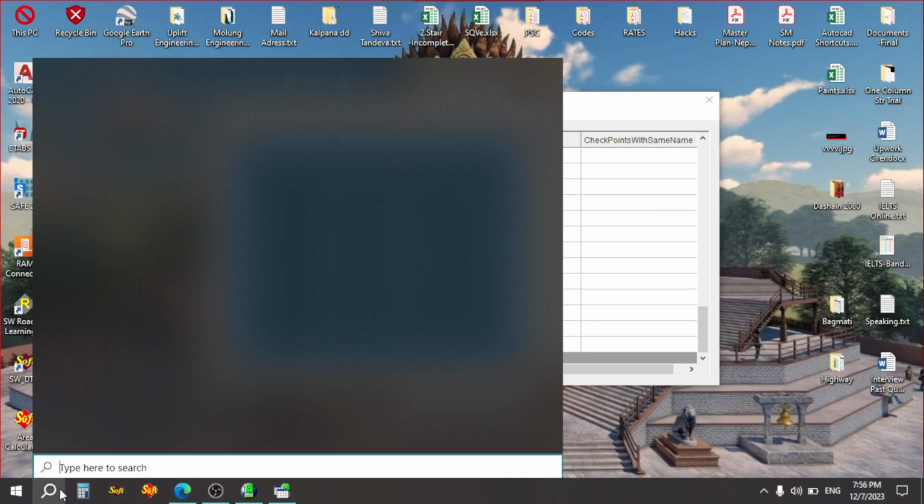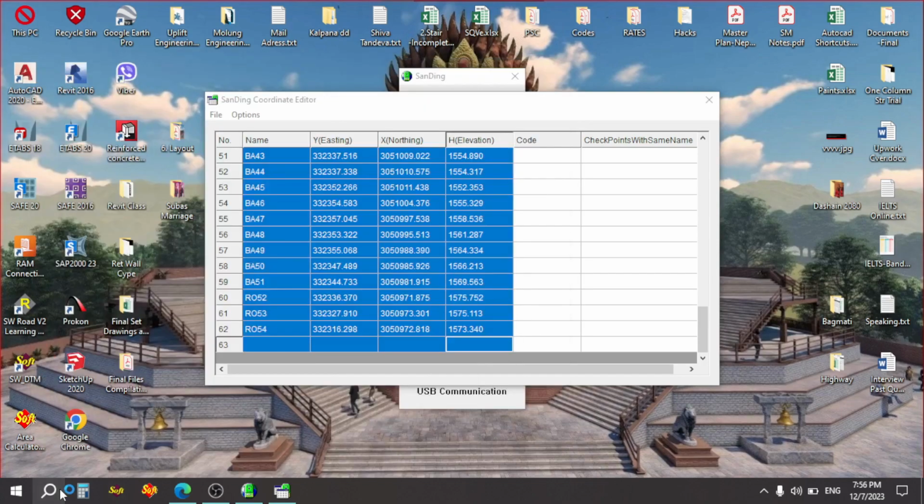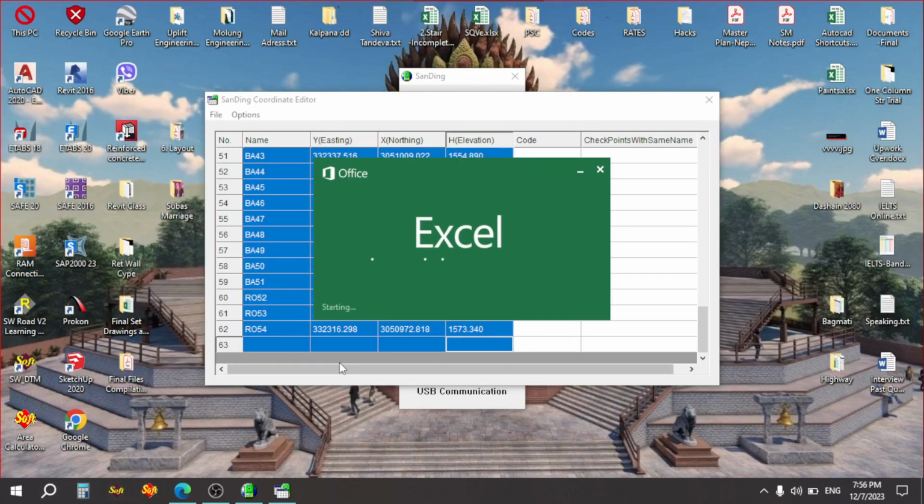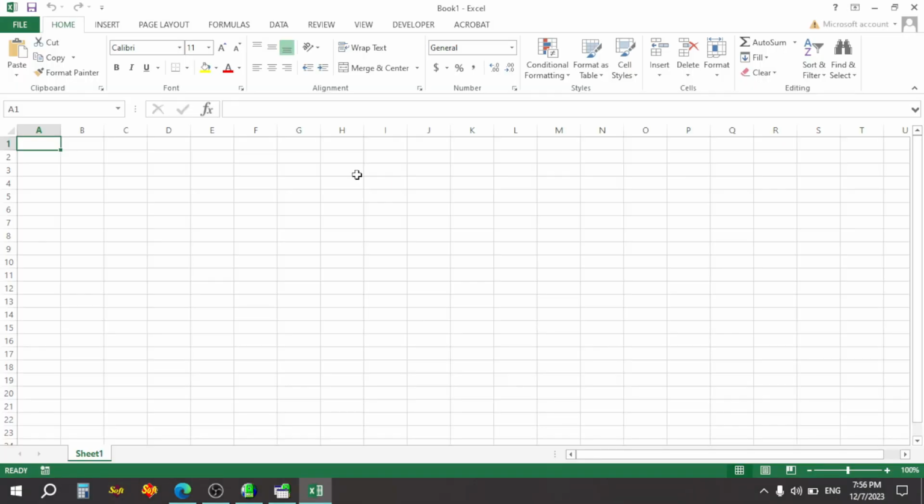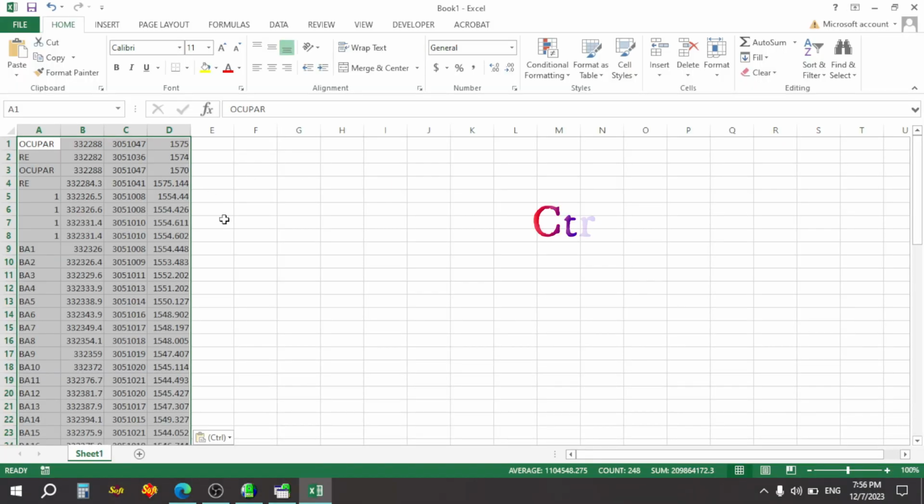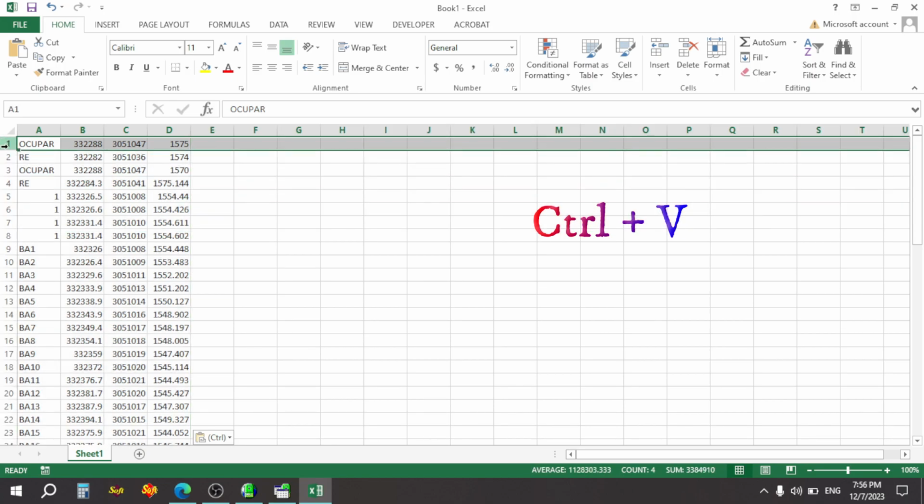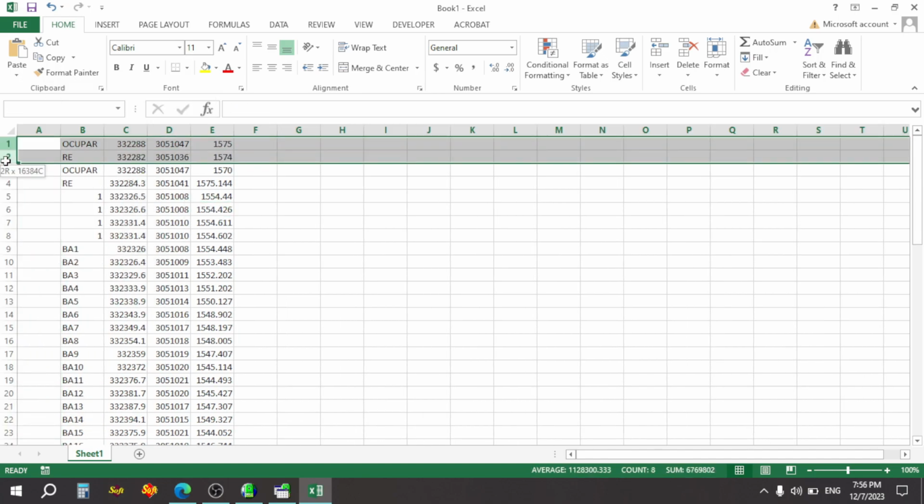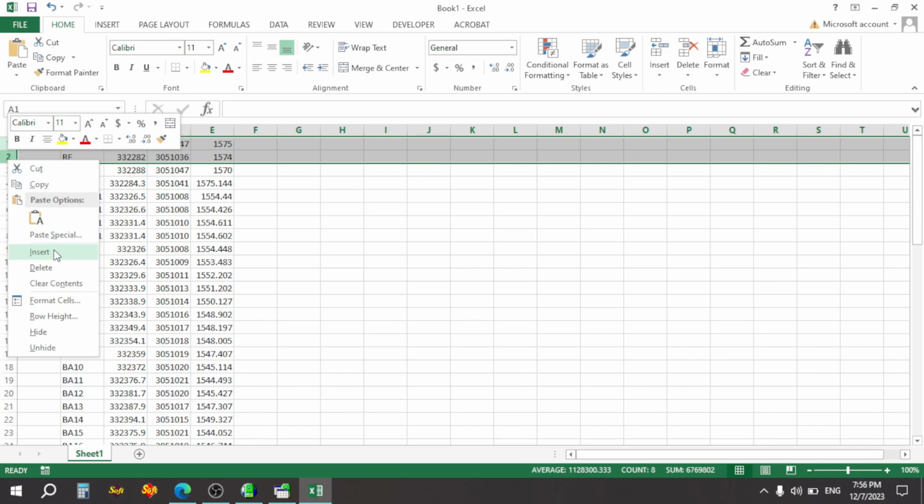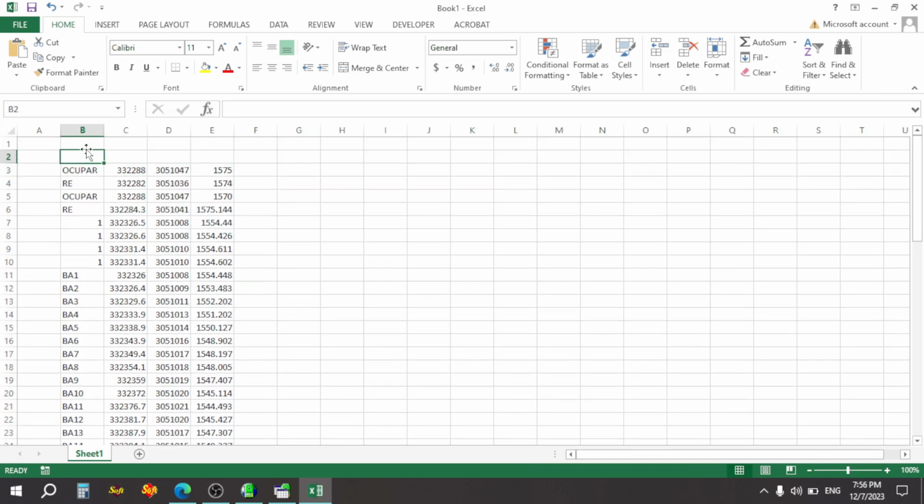Then I'm opening Excel. I have the 2013 version of Excel, so I will open Excel here. Then I will paste the data here, so we can see the data in Excel. So I will edit some of it with insert, and I will insert other columns also, and I will